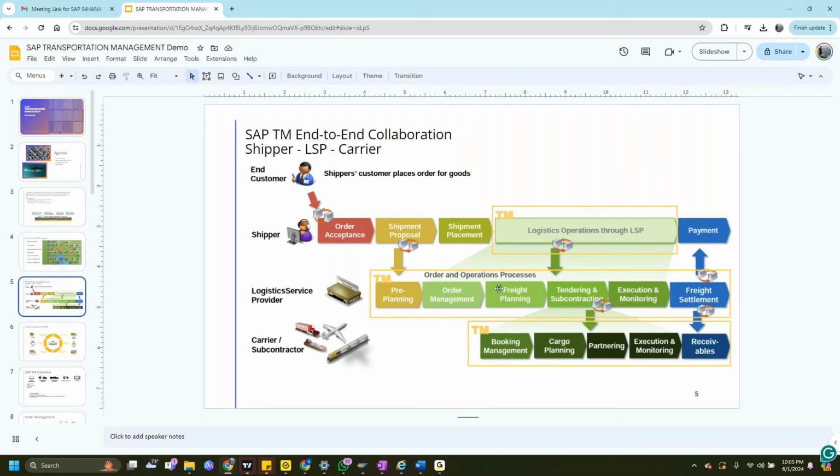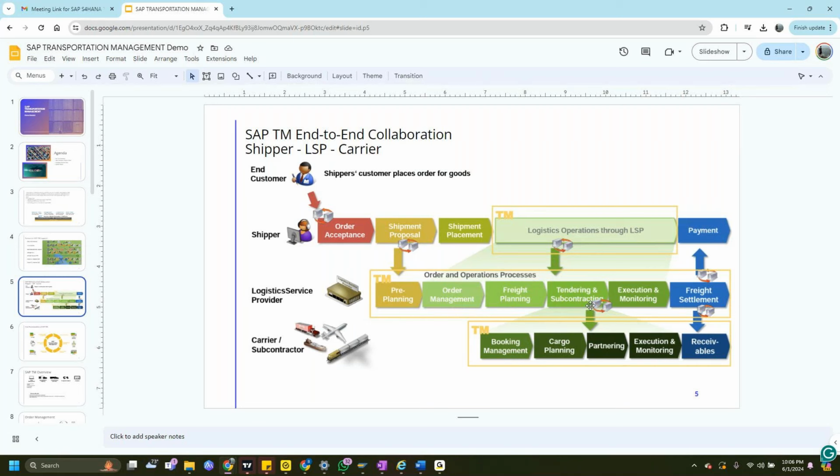Order management and freight planning will come later, like what freight planning is and how it is done. Basically, we have a requirement for 20 carton boxes. The 20 carton boxes come in as a freight unit. The freight unit is then put into a freight order. So let's say FedEx is there. As a company, I'll use FedEx as the transportation service provider because it is the most accurate and fastest one, and Accenture is in need of very urgent delivery. So I'll use FedEx in the tendering and subcontracting.